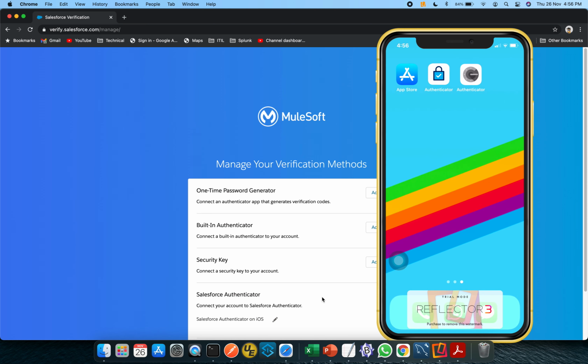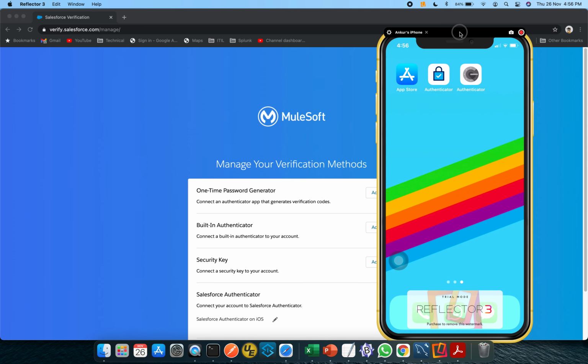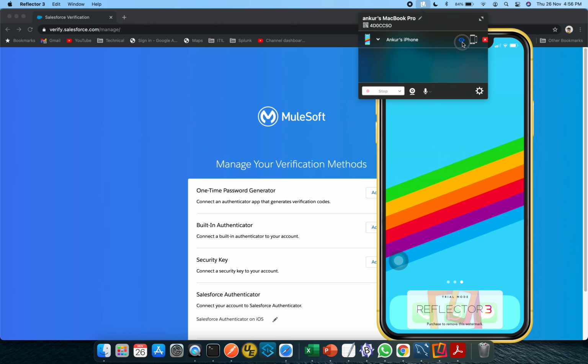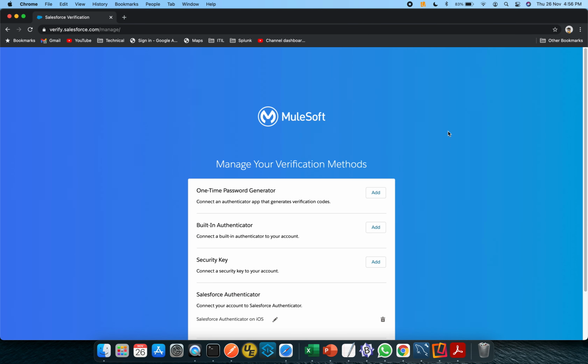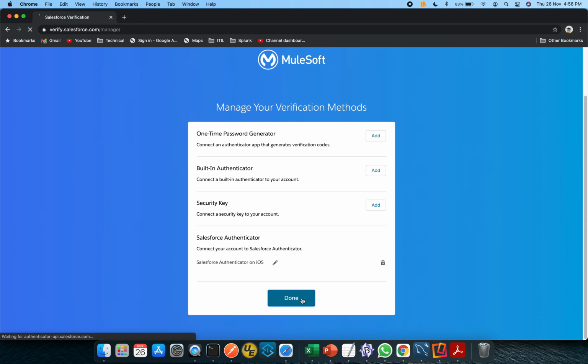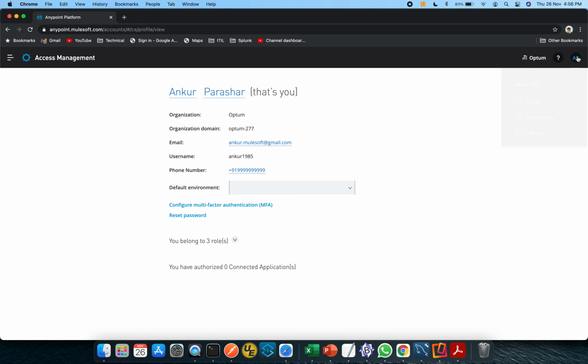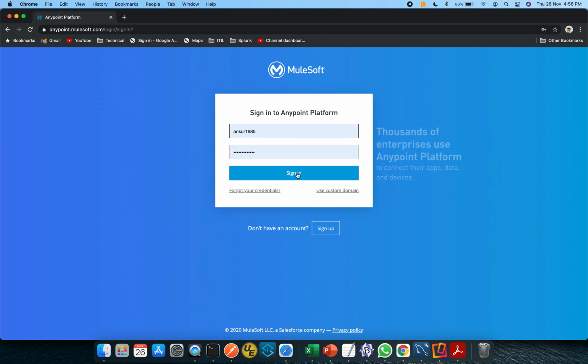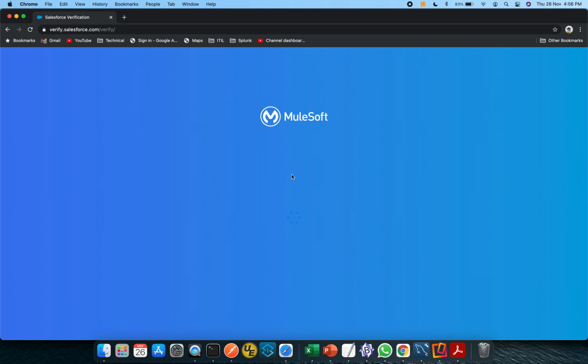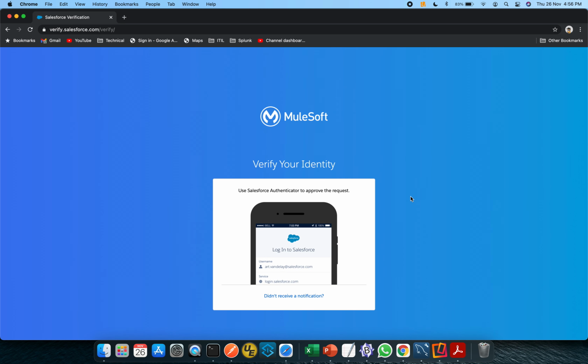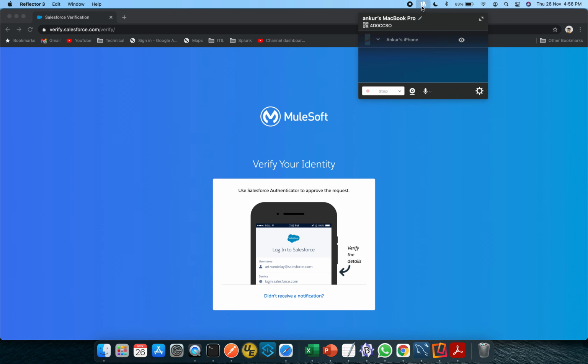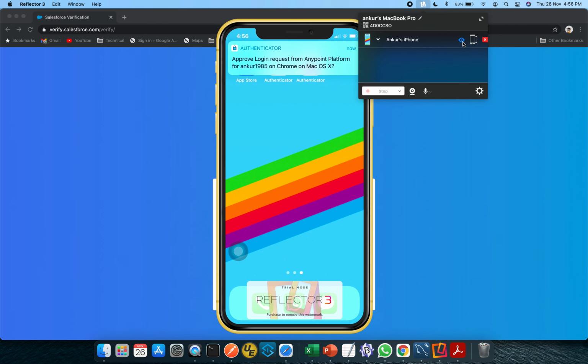So this is done. Let me remove this for the time being. Now just click on this done button. Log out from your profile and try to log in again. Now it is asking me for the authentication again.